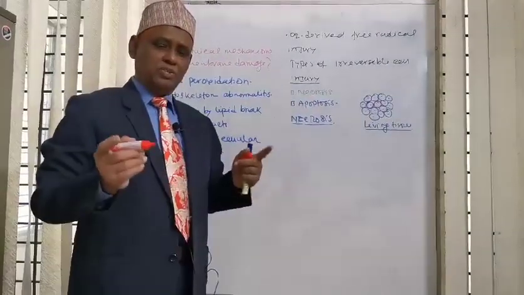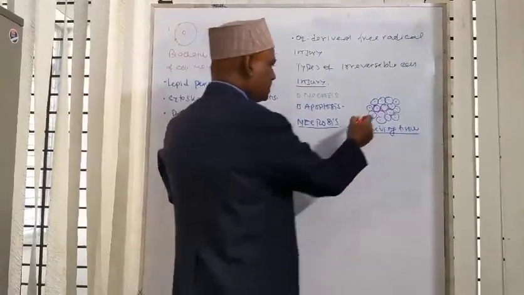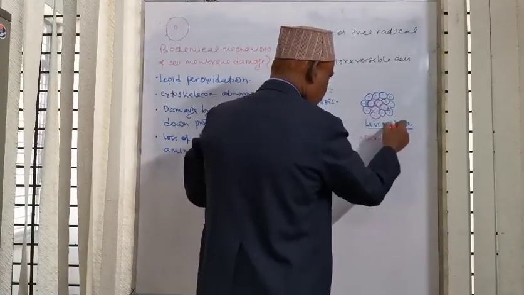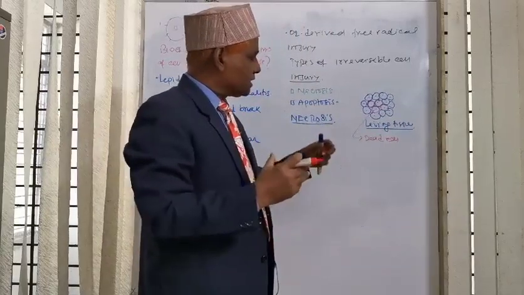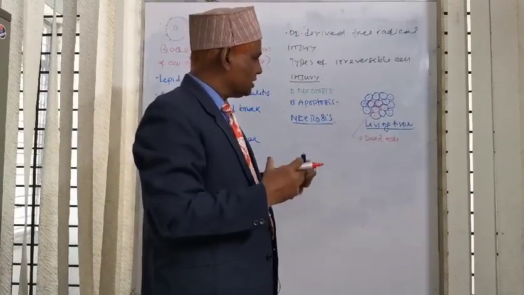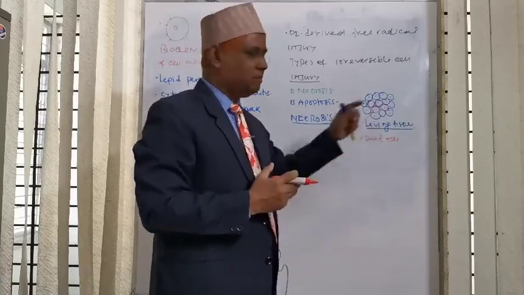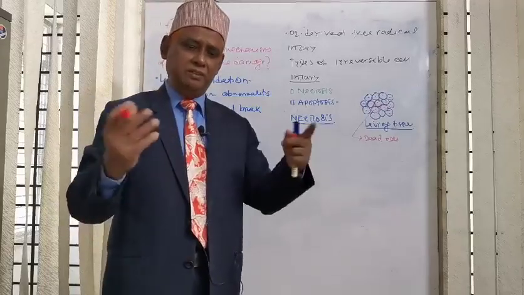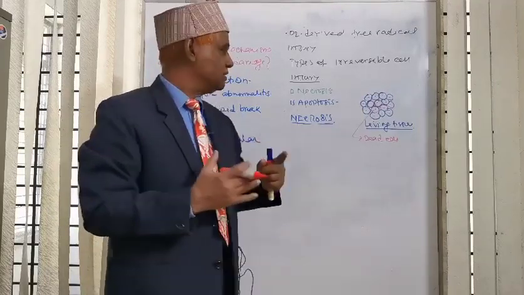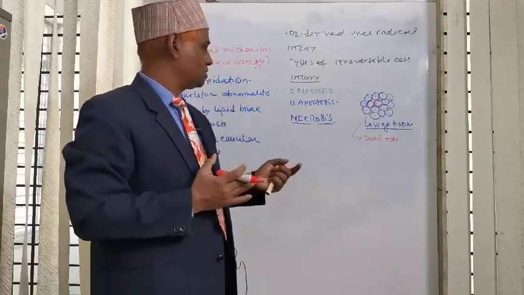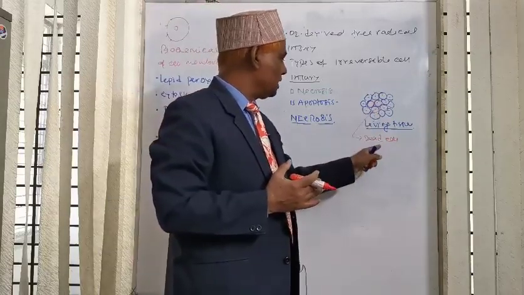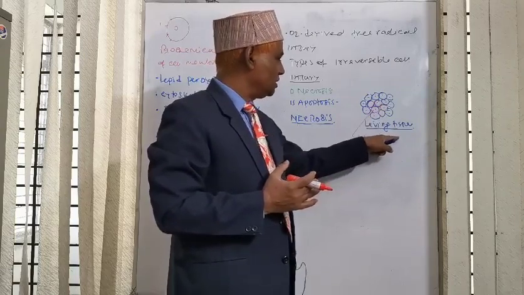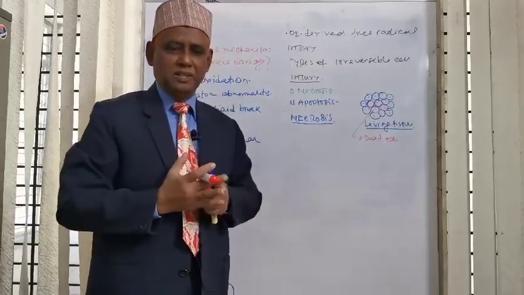After the death of the cells within the living tissue, these are dead cells within the living tissue. So some changes develop within the dead cells in the living tissue. All the changes that occur in the dead cells in living tissue, the summation of the changes, is called necrosis. The changes that occur within the dead cells are collectively known as necrosis.